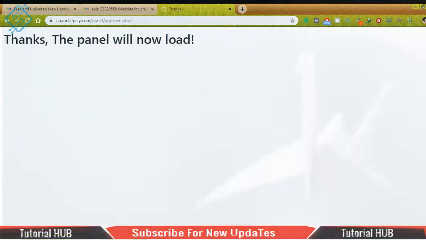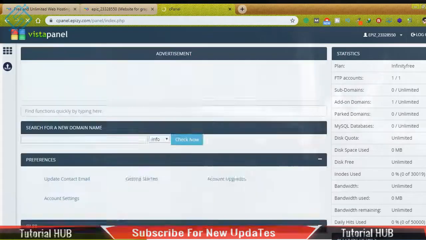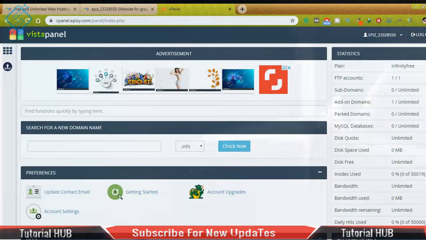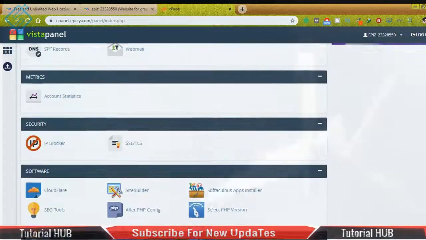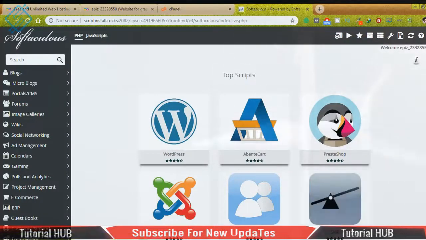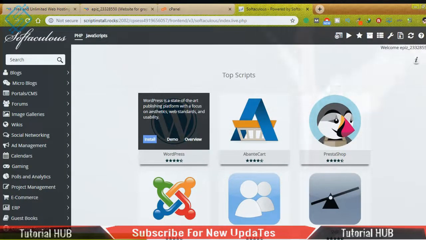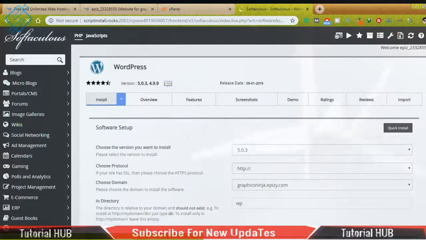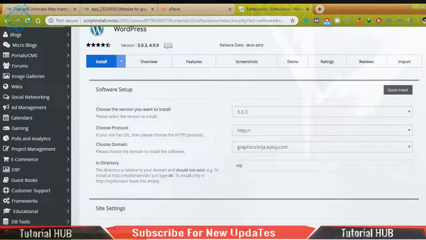So now this is the control panel of Infinity Free hosting. So now we will install WordPress on our domain name. So for that purpose you need to click here on software or web applications. So as you can see, there are different types of applications available, so we need to install WordPress. We will click here, install button. You need some settings here, so I think this is perfect.